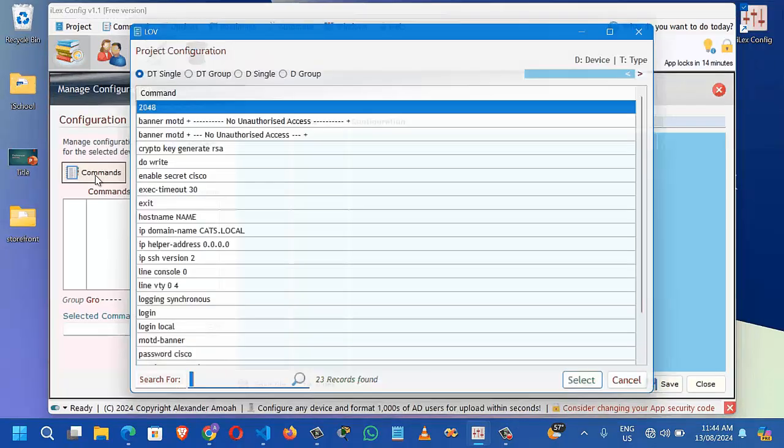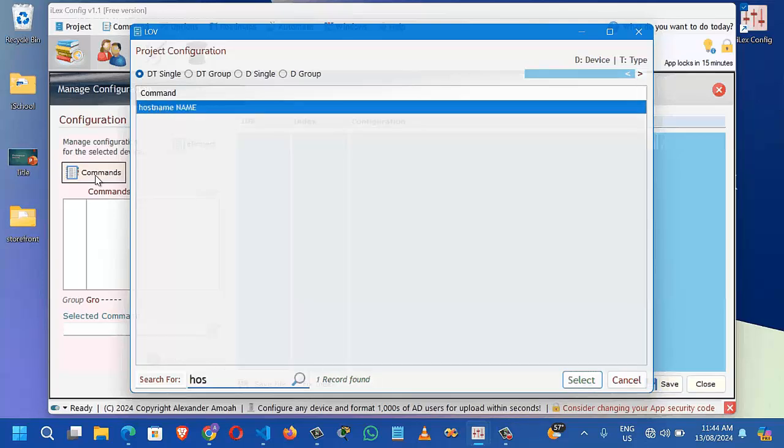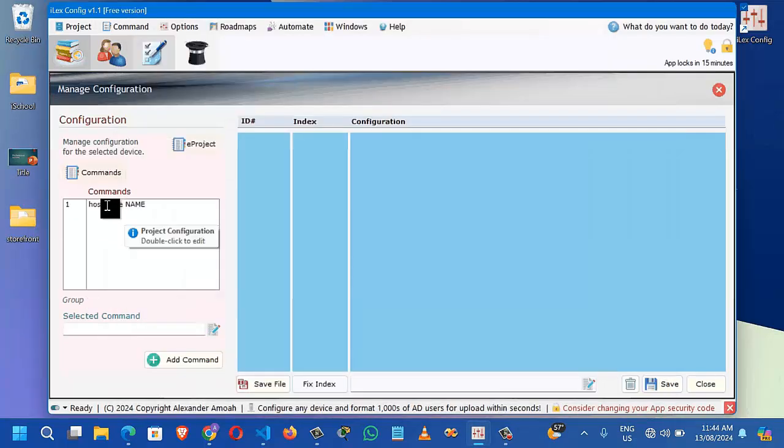All right, the first one says we need to set the host name. So I will search host. All right, so host name, and then I click on select. So you see we have the command over here, but the name is not named, so we need to change it. So what do we do to change it? Let's say we double click on it,